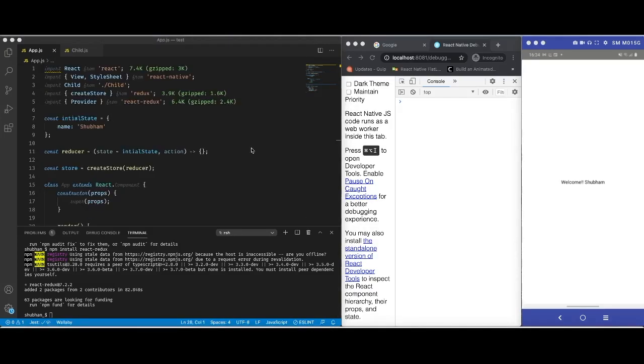Now that we have made the store available to all the components, we will want all our components to have access to that store. So for doing that, we will have to use the connect function present in React Redux. So let us import it and use it.